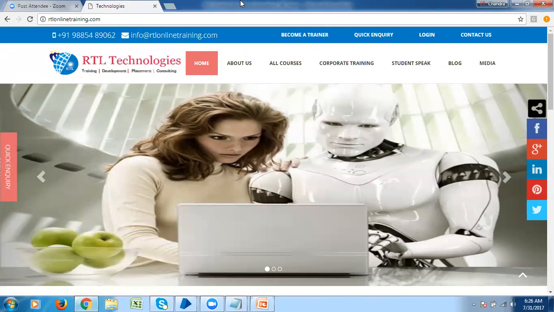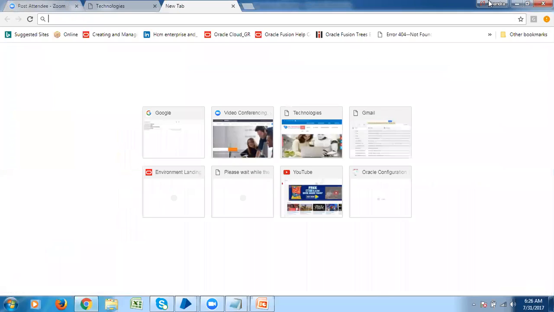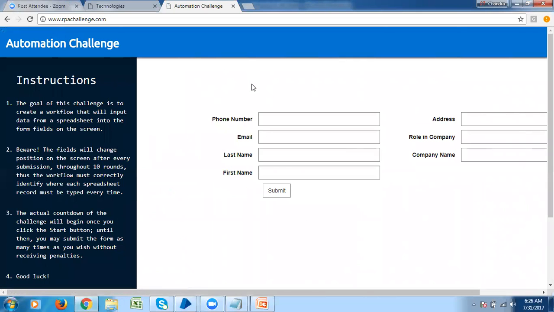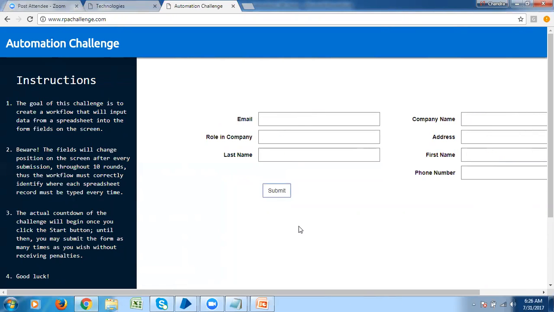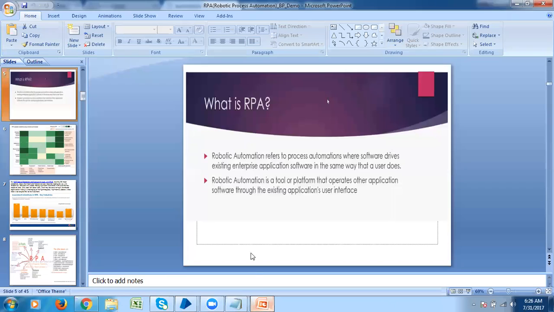For example, rpachallenge.com is one such application. The employees just enter the phone numbers like this and do all this work. I want to do it with my software bot. I don't want to use the human workforce for repetitive work. That is how exactly the project will be started.